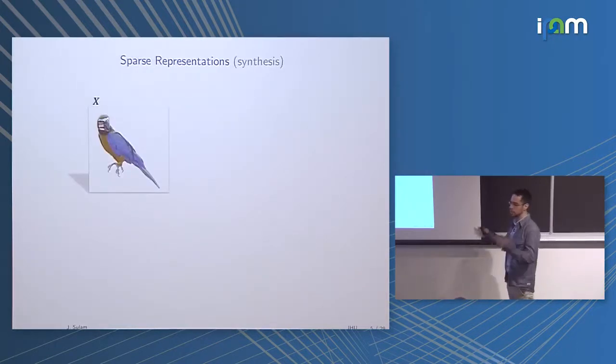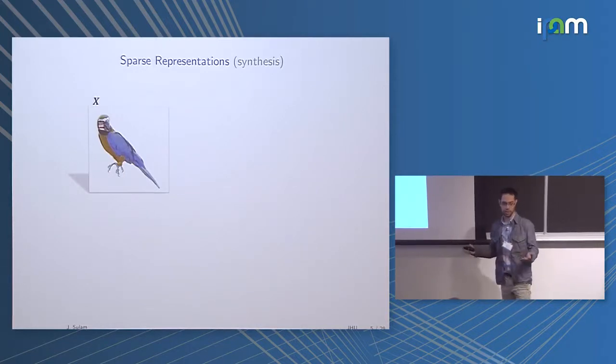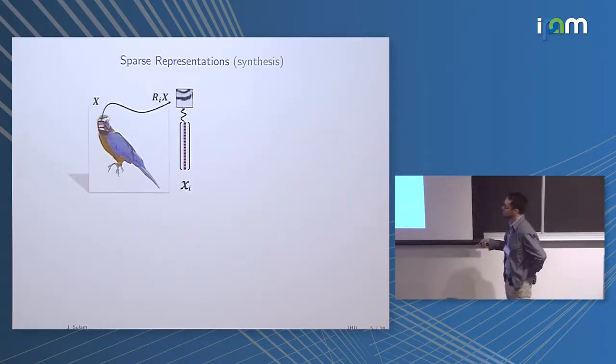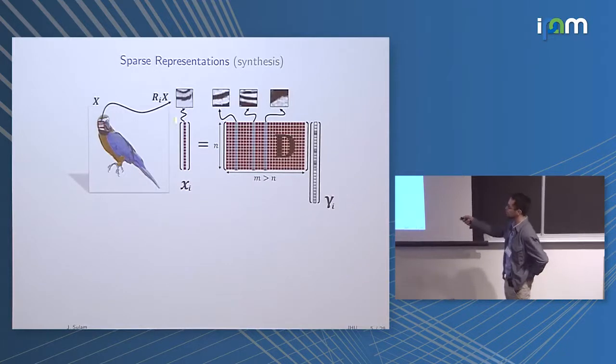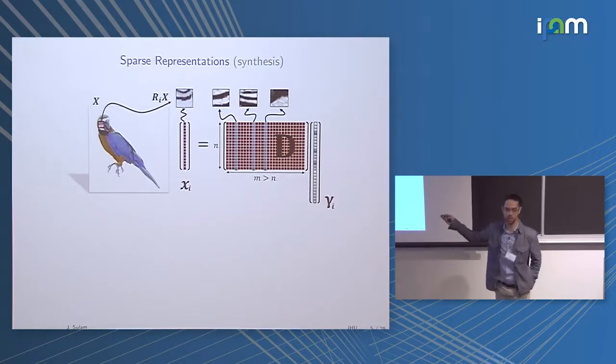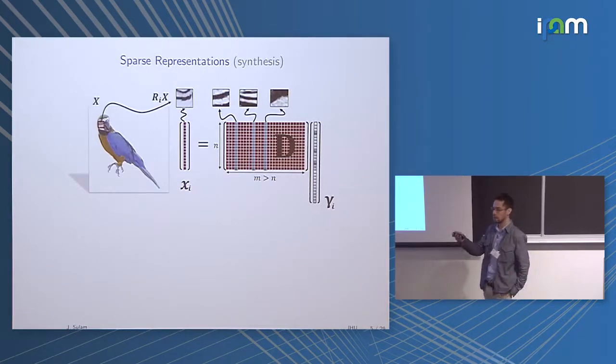Well, it's a signal model, so it's essentially a set of model assumptions. And the assumption is that a natural signal, in this case this vector, can be well approximated by the linear combination of a few columns from this redundant matrix that we call dictionary, and these columns are atoms. And typically the problem is, well, I give you the dictionary, let's say, and you have your image. And the problem is, find a representation.